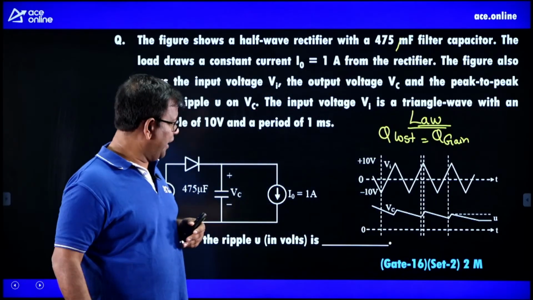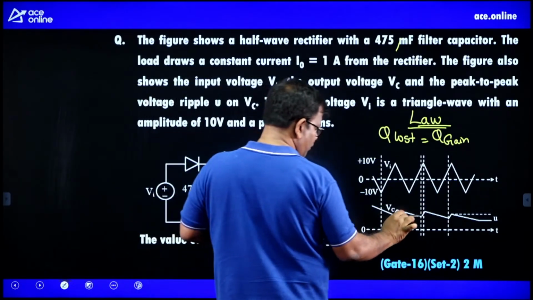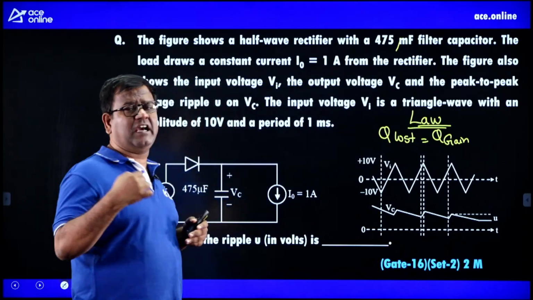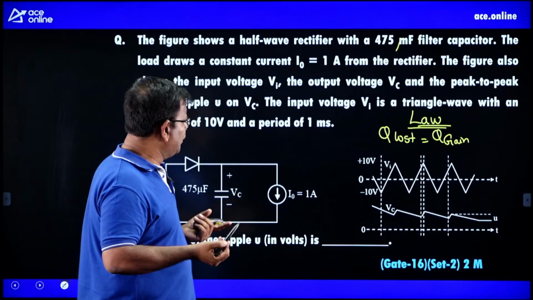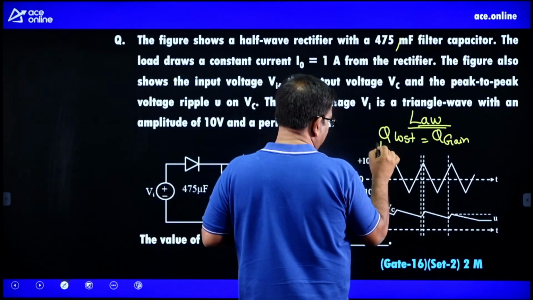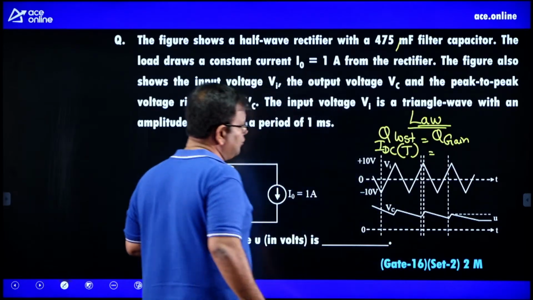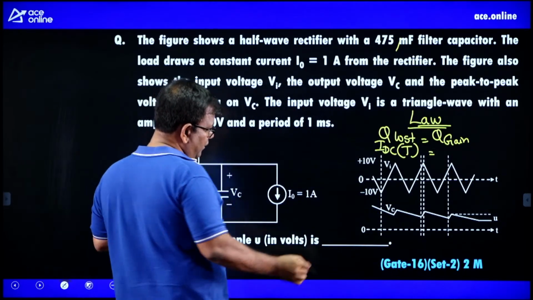Q lost is Q gained. So what you lose here, you're going to gain here. So what is Q in terms of current? I think it's IDC into T, right? I into T. And what you gain in this duration,